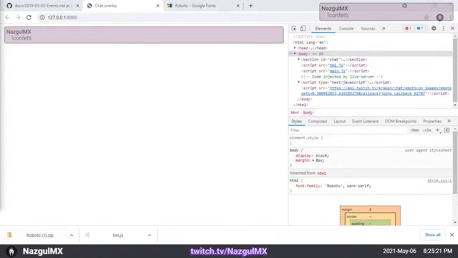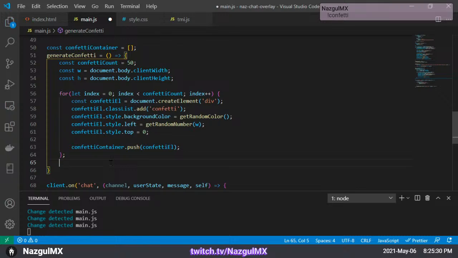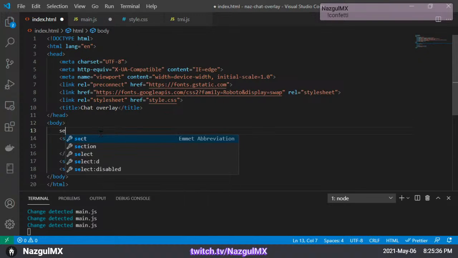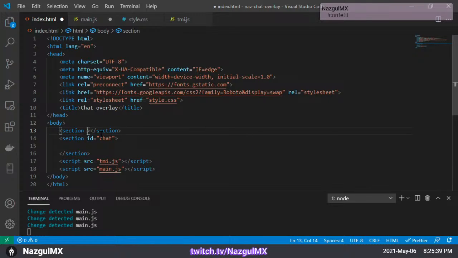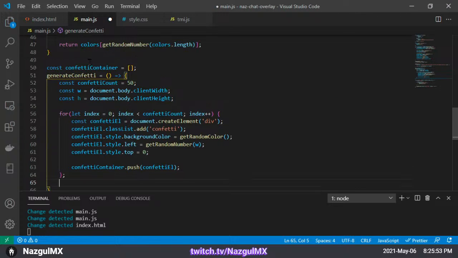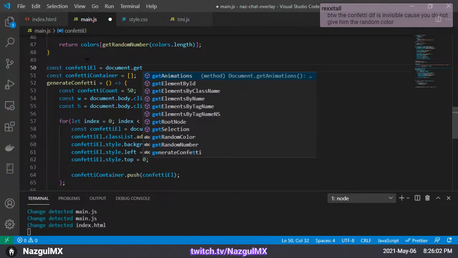Oh, I know why. Yeah, I created the confettis, but never did the append to the confetti container. No, not the confetti container. Yeah, actually, I will need a confetti container. Section ID confetti, and then use that: const confettiEl equals document dot getElementById